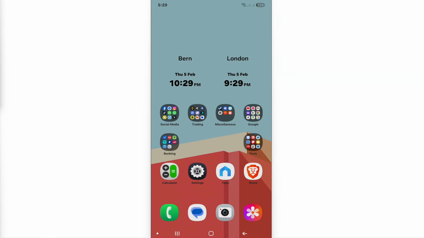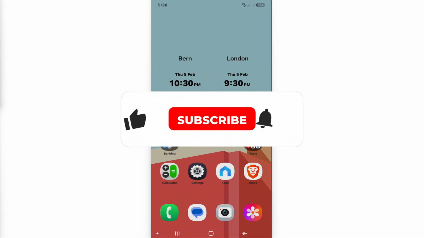Welcome. In this quick and easy tutorial, I'll be showing you how to restore deleted photos and videos on Google